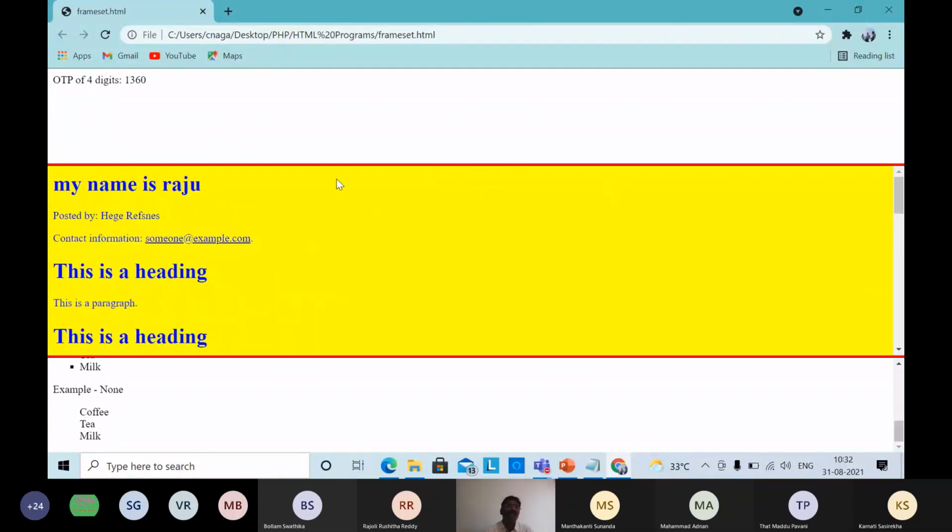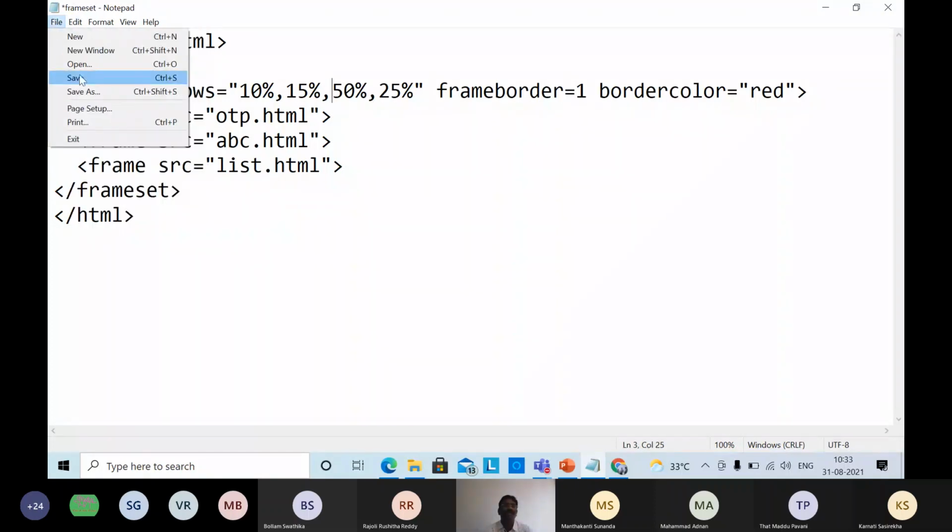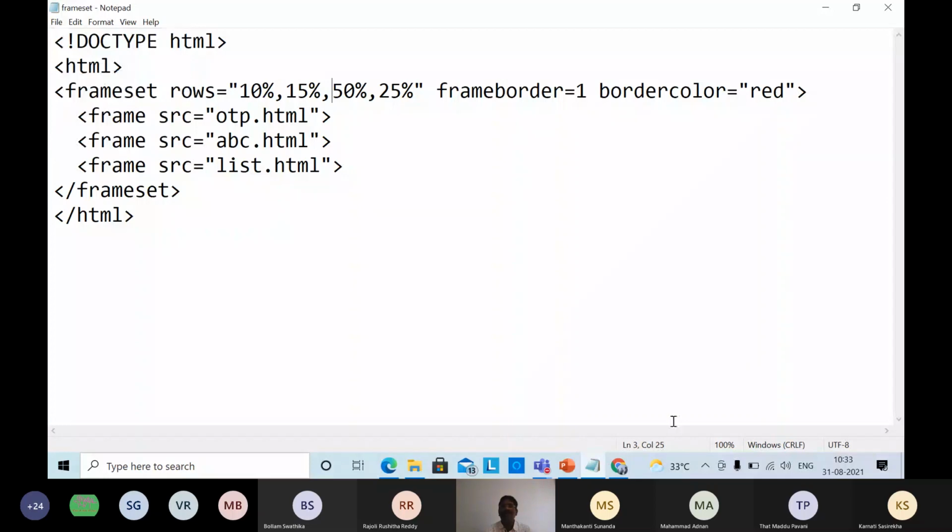But in the previous class already I have shown this list. For example, in the first case, here instead of that, I have taken 4 frame sets. Or again, if I want to divide that, the 10% is 1, right? And another one, suppose 15%. So I am taking 15%. So 10%, 15%, but I kept only 3 frames. Then you see what will happen like this. So now when you see that,